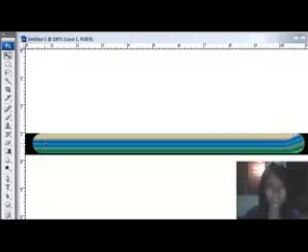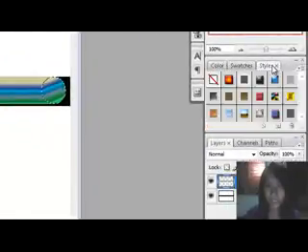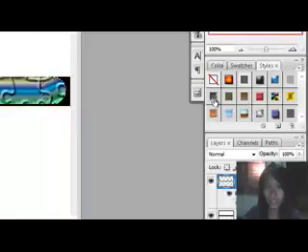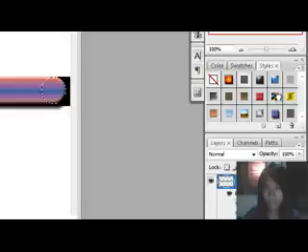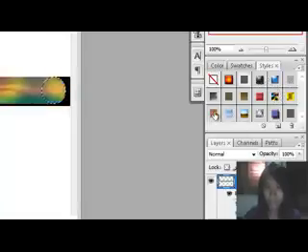After that, you can choose other color from the style and then click the design that you want. And then just click to the outside.